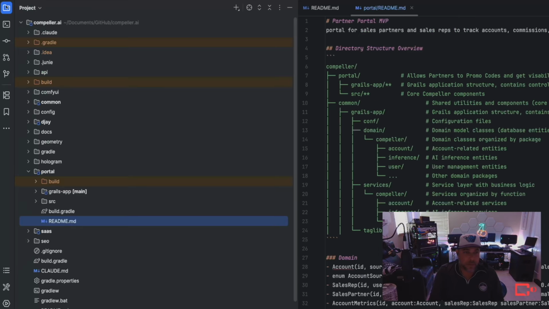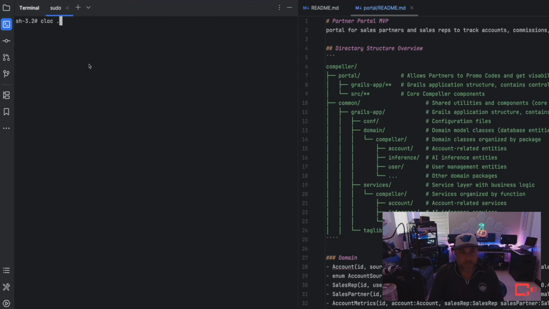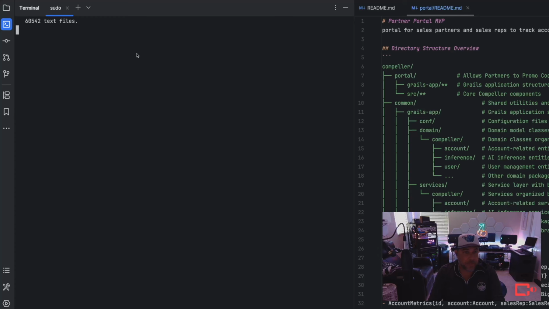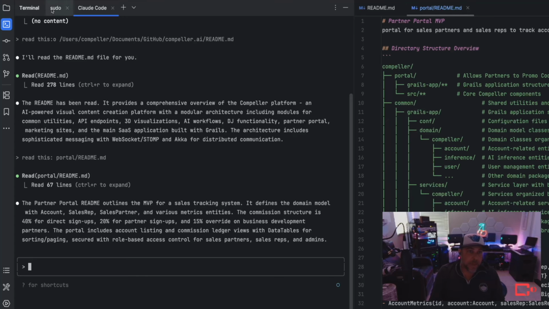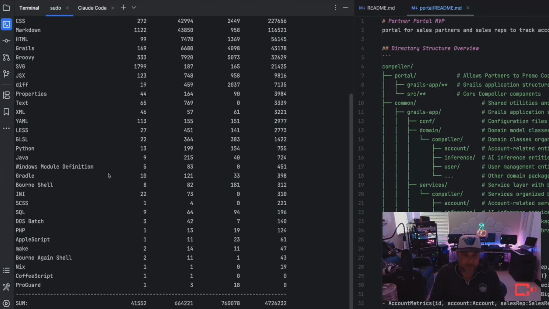So let's go ahead and fire up Claude. Well, let me first show you guys why that's so important. So this is my site, my GitHub repo. I'm looking at the base of it with all the different apps inside of it. And just to go back to these files, I mean, we've got 47 million lines of code with 41,000 files.